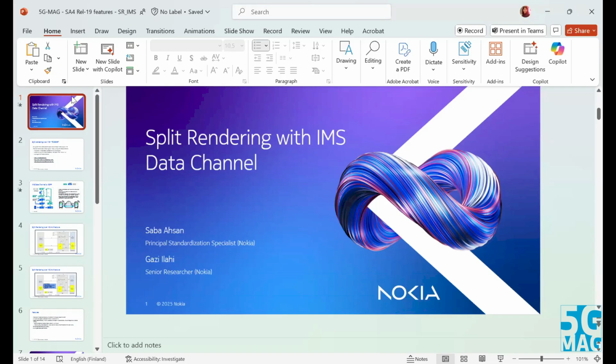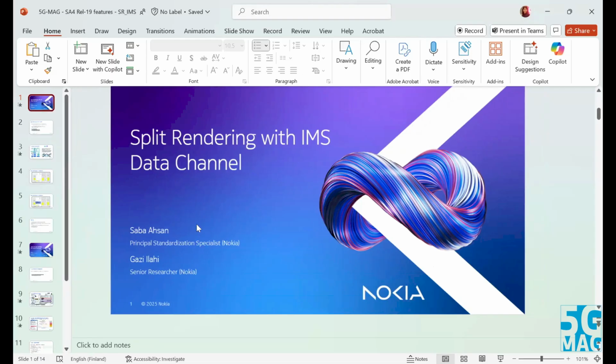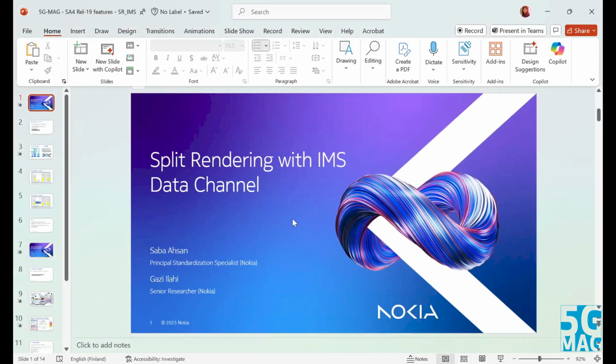All right, so I'm Saba. I'm a Principal Standardization Specialist at Nokia, and I am also the chair of the RTC sub-working group in 3GPP-SA4. And Jordi mentioned that it would be nice to look at some of the real-time communication related work that we have been doing in release 19, something that